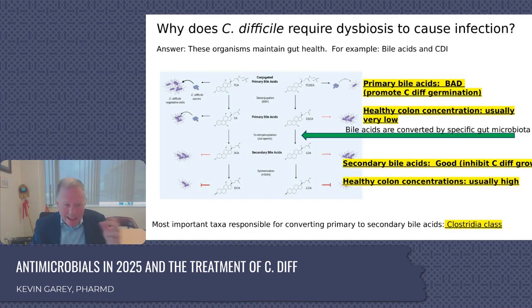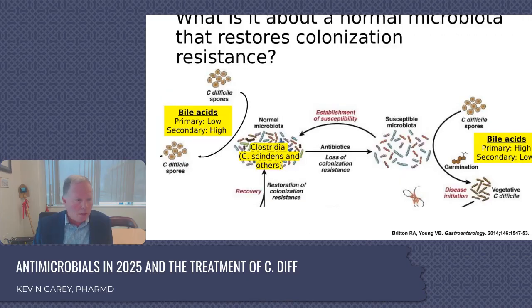And now you're putting that into your pharmacobiome brain. You're saying, I like having Clostridia around, and any antibiotic that kills Clostridia must then be in that high risk for C. diff category. And you would be right. Okay, so here's then, primary is bad, so we like to have that low. Secondary is high, and that's why in this case with a healthy microbiota, nobody germinates C. diff spores. It's because you have Clostridia in your microbiome, poster child C. scindens, and vice versa when you do get C. diff.